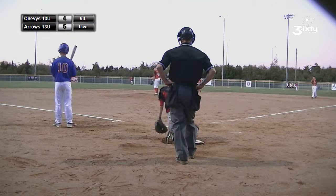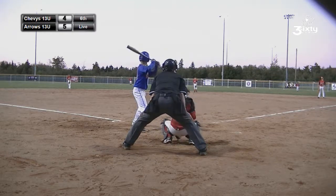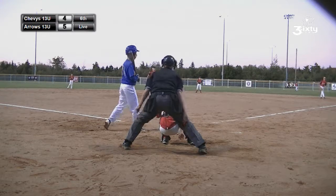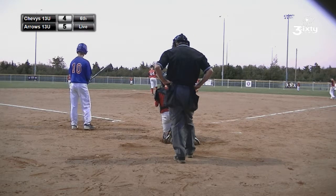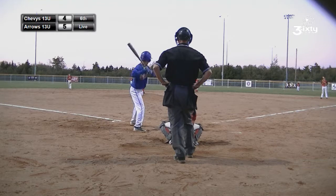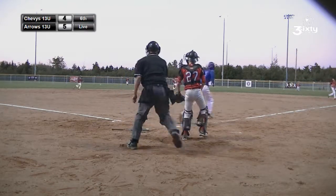First game tomorrow will be at 1 o'clock. We'll have the fifth place game between the two New Brunswick teams, the Fredericton Royals and the Port City Pirates. That game will be here on Field 1 at 1 o'clock tomorrow. Also at 1 o'clock tomorrow over on Field 2, which will not be broadcast, is the game between the two